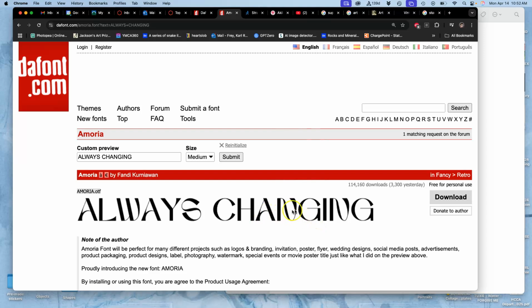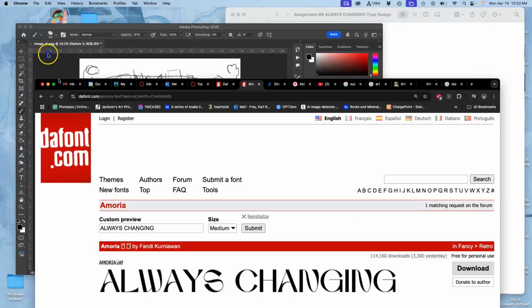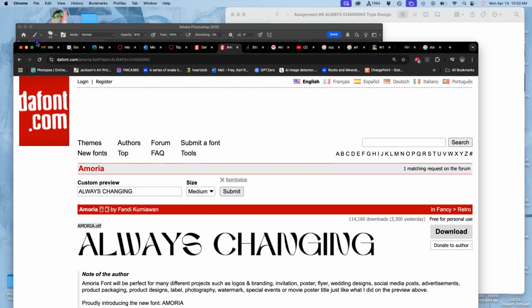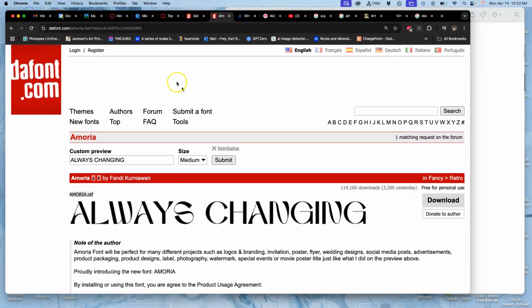And actually, I like that changing a lot. The always is not quite what I had in mind, right? It's not strong enough, but that changing's pretty nice. Now, I could download this. It's an OTF file. And if I was on my own machine,